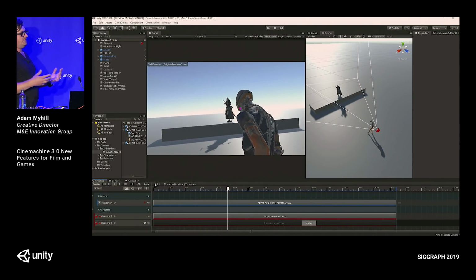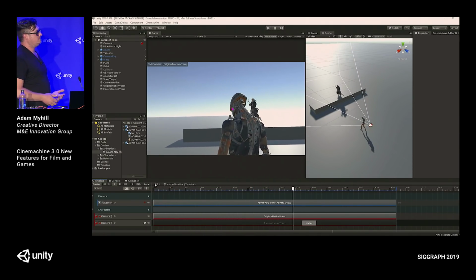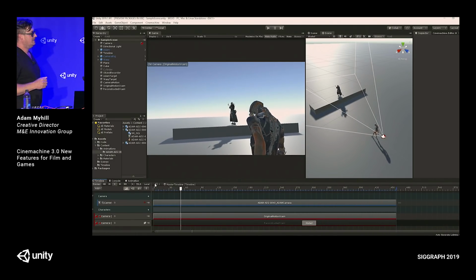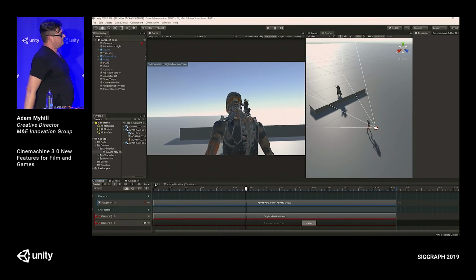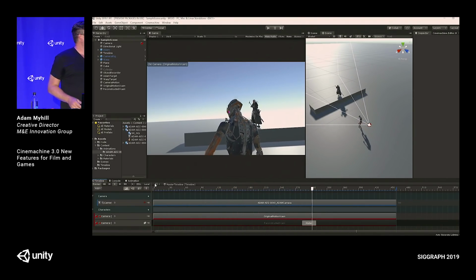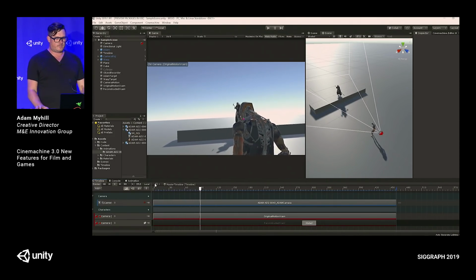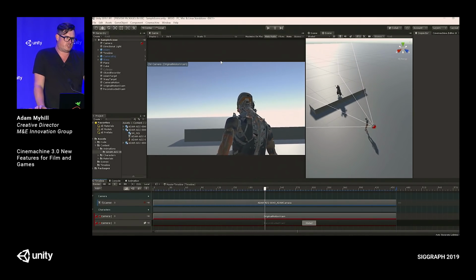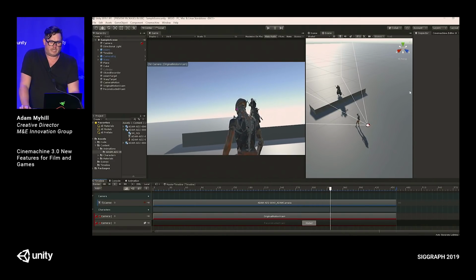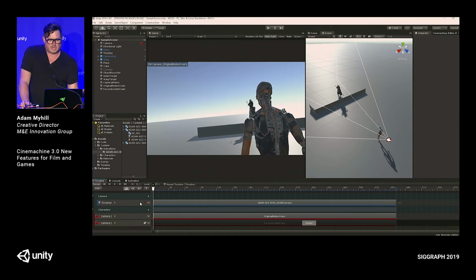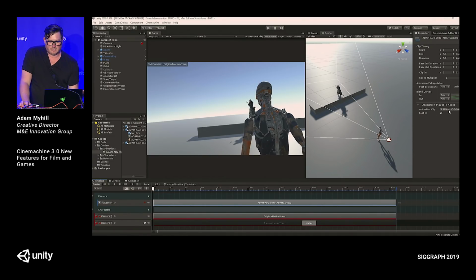So here's a clip. This is from Adam 2. This is literally Neil Blomkamp, the director, holding the virtual camera. And he filmed this sequence. And you can see his footsteps and all the mojo. Now, let's say you want to change your mind on this shot. And you're like, come at it from the side, or put them further away. You can go into the curves and edit all this stuff.